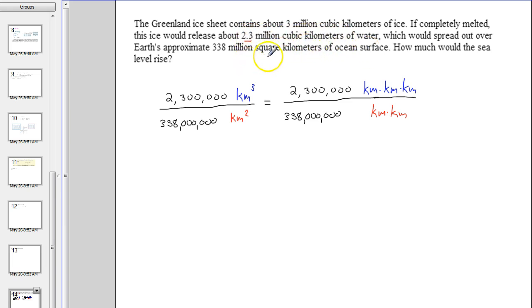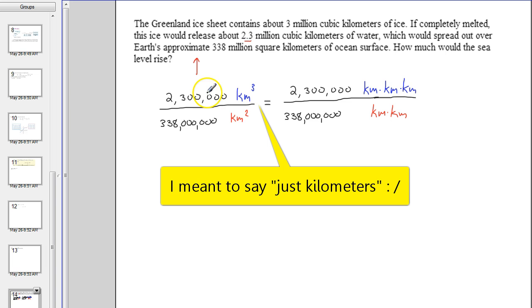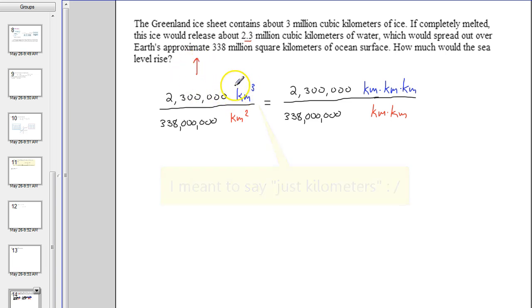going to spread out. So the key thing here is the question is asking how much will the sea level rise. Well, when something goes up, the sea level rises. The units we measure that in are some type of a distance unit, meaning feet, meters, just a single unit, not cubic meters, not square meters, or not cubic kilometers or square kilometers, just meters. But what you're supposed to see here is when you do this setup, you got cubic kilometers and then